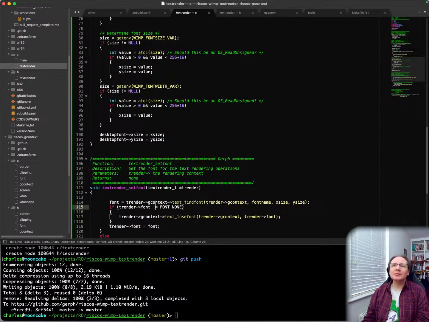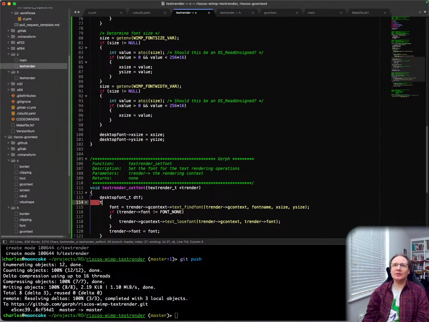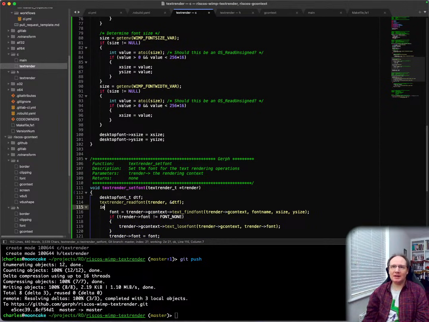Right, so now when we set the font, we have desktop font, DTF, and then we call text render read font, text render into DTF. If DTF dot system font